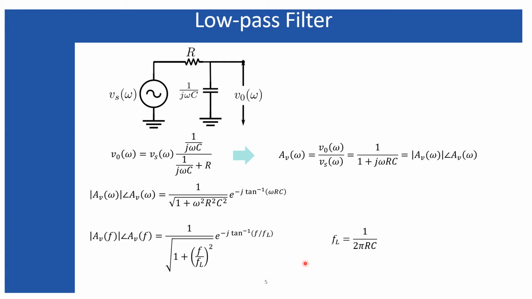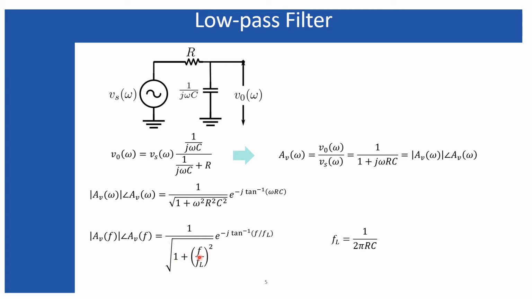So that means the output voltage of this circuit will be in some usable range when the frequency is less than this fL. We'll examine this expression. First I'm going to study when f is very much less than this fL, and for the limiting case you can assume that f equals 0. If f equals 0, then the magnitude goes to 1.